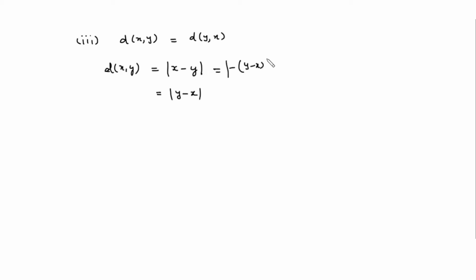Now check the third property, that is the symmetry property. We have to check whether d of x y is the same as d of y x. So here we consider the left hand side, d of x y. We know that this is defined as mod of x minus y. But we know that in case of mod, it is the same as mod of y minus x. Or you can also do it this way: mod of minus a is the same as mod of a. And this is what? d of y comma x. So your left hand side is the same as the right hand side.